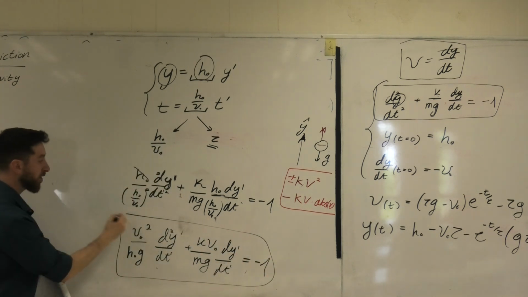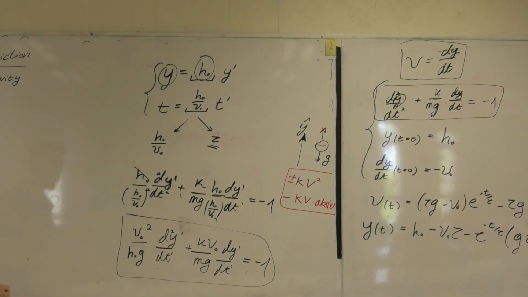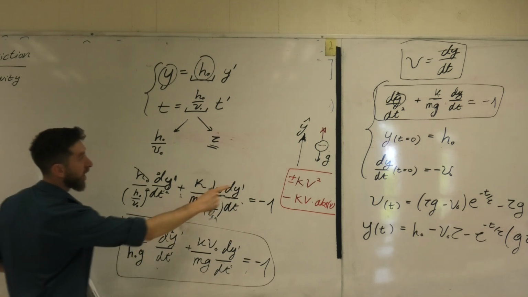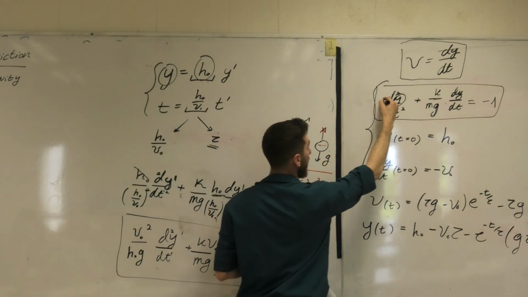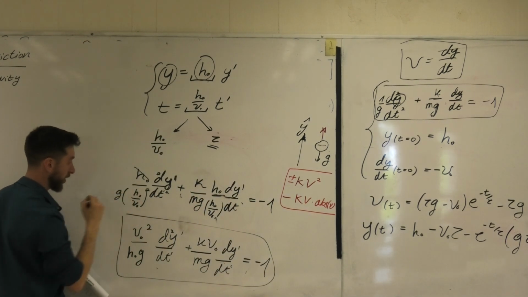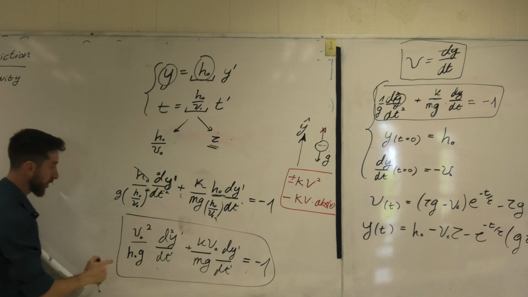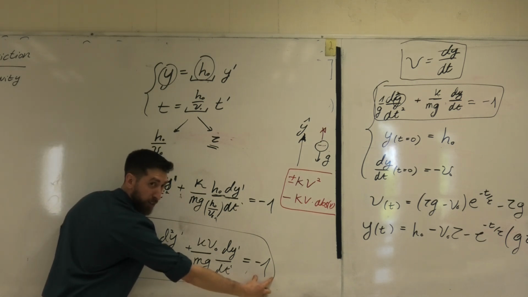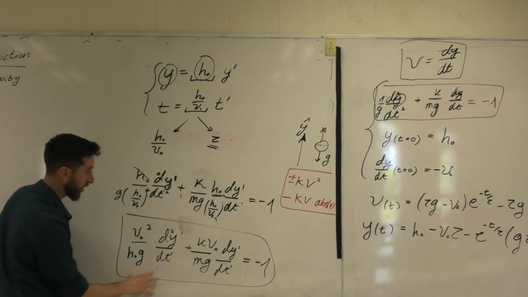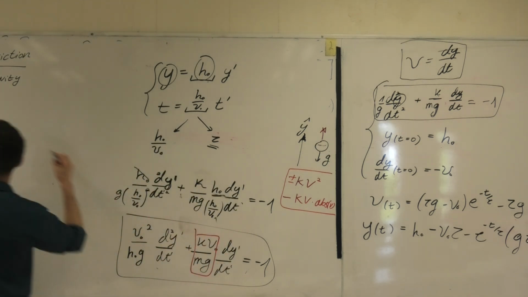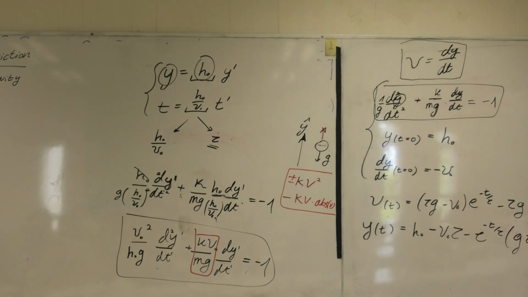Do you see something familiar to you? What? This one? Sorry, I divided this equation by g, so here should be a g, right? So g, right? Thanks. Very good catch. So what do you see when we did this normalization to the equation? This is unitless, right? What's the unit of 1? Unitless. And then if you look very carefully at this term, and at this term, and at this term,